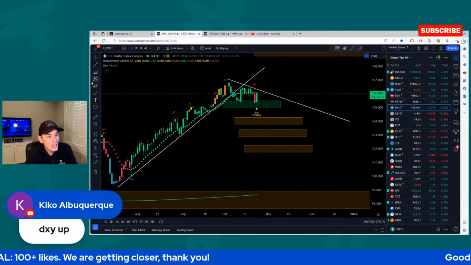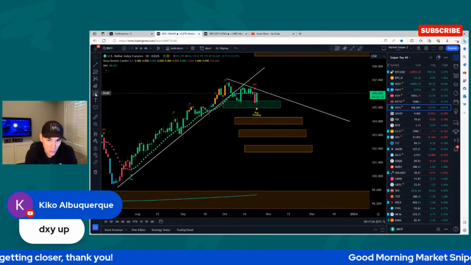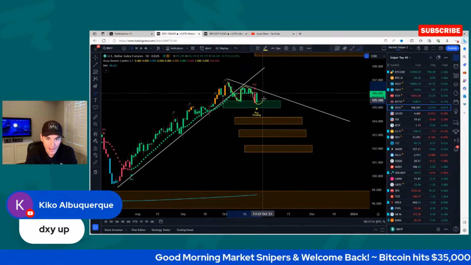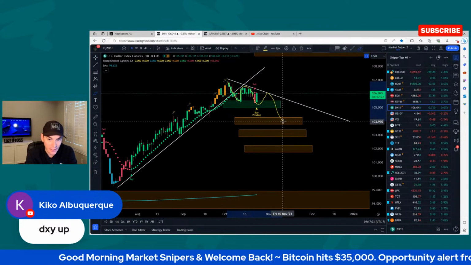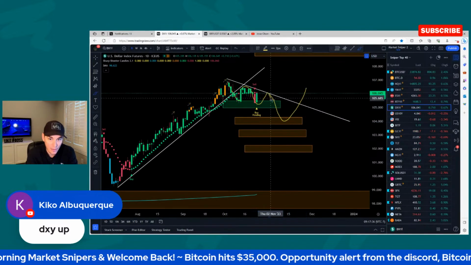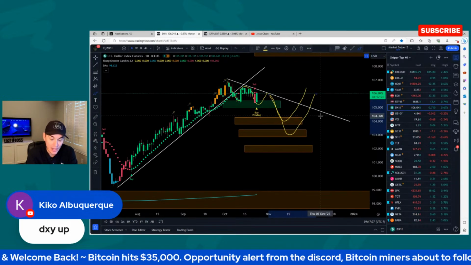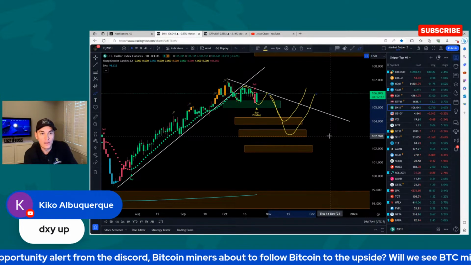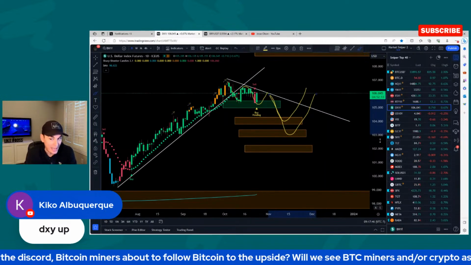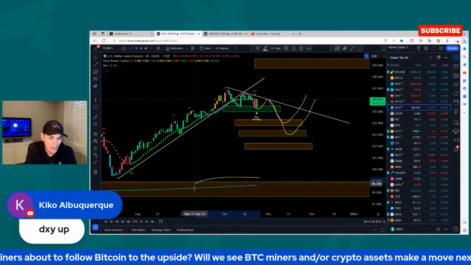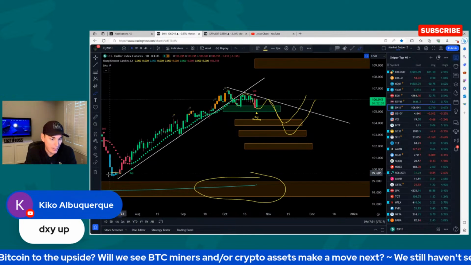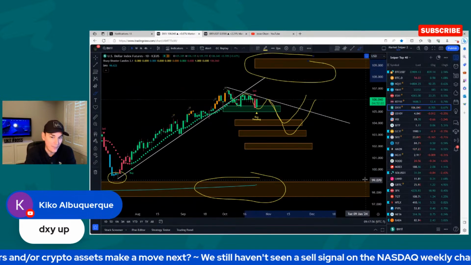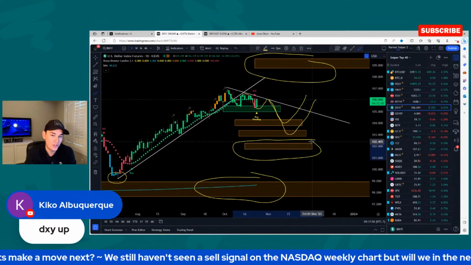So while the DXY is still bullish on the weekly chart, this is what we are watching: would it come back down like this and then hit target 2 and take off, or would it come down, hit target 3? That's kind of been the theme for the DXY over the last year and a half or so, it's been hitting 3 out of the 4 targets. You can see this 4th target down here never got hit. There was some profit taking down here. And then this 4th target up here was never hit.